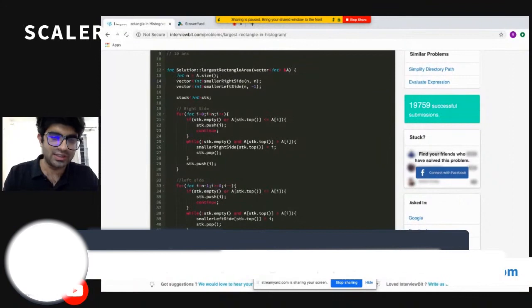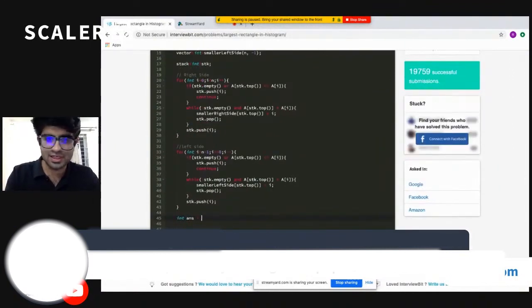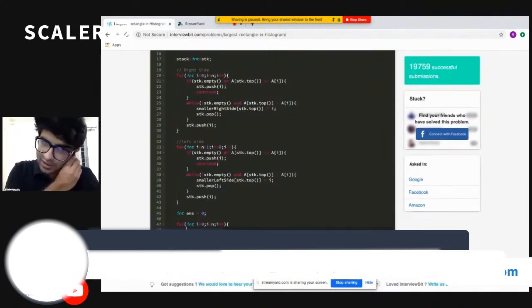We have both pieces of information. Now let's calculate the answer. Let's initialize my answer as 0, because obviously my answer will be bigger than 0, so I can update my answer for each particular element. Now, let's say I have an element in consideration, which is A of i.